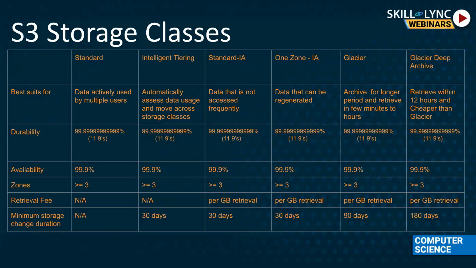In that case, we use the intelligent tiering storage class. If we upload our file to intelligent tiering, AWS S3 will automatically monitor the file in this class. If the file is not accessed in the last 30 days or 45 days, it will automatically move that file to a cheaper storage solution. Standard storage is a bit costly when compared with standard infrequent access or Glacier. So intelligent tiering will automatically move the file to a different storage class.